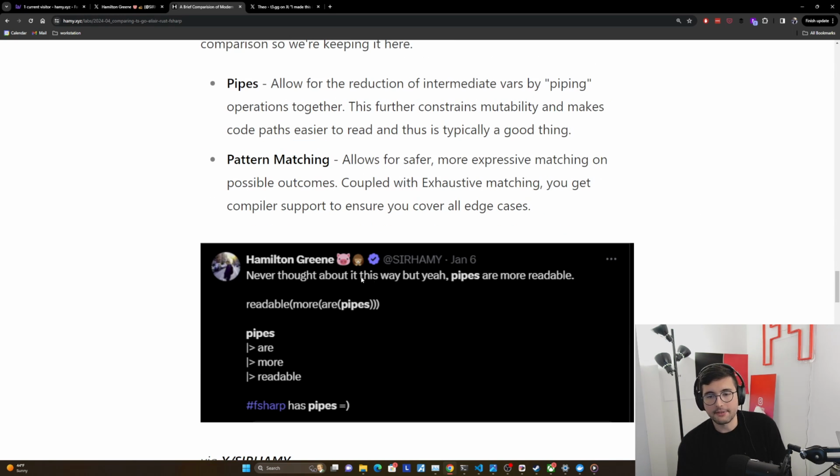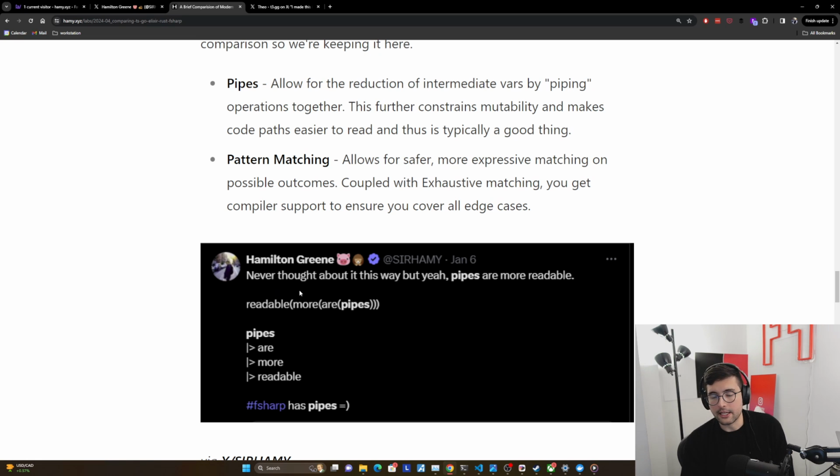And here's my definition of why pipes are a lot more readable. Oftentimes what you're going to do is get a value, and then you'll get an output, and then you're going to do more things on that output. It's just a chain of operations, and maybe there's some conditionals in there, but basically what we're doing in any given function is just a chain of operations. You could write it like this, but obviously this is bad. More likely you're going to write each of these as a step, and then you're going to have an intermediate variable, and then you're going to pass it into each other. But this isn't that readable.